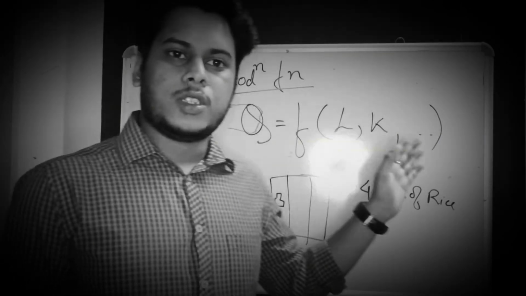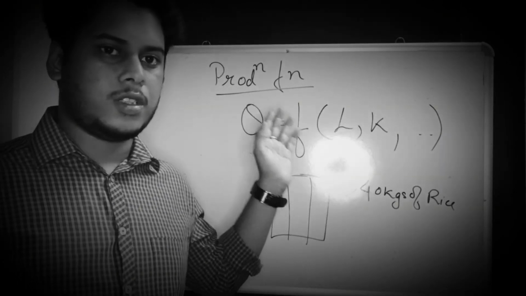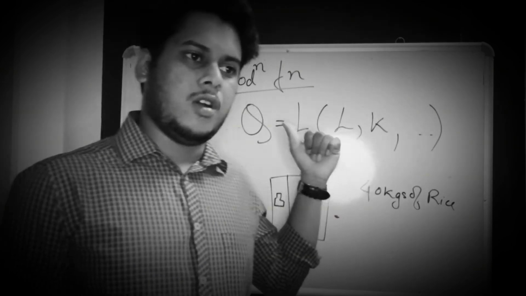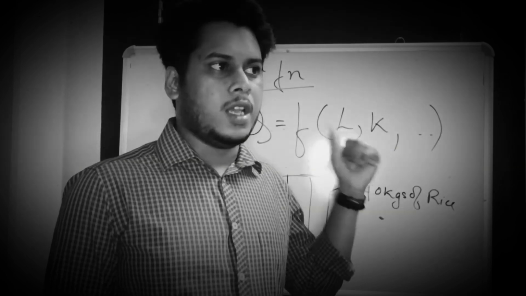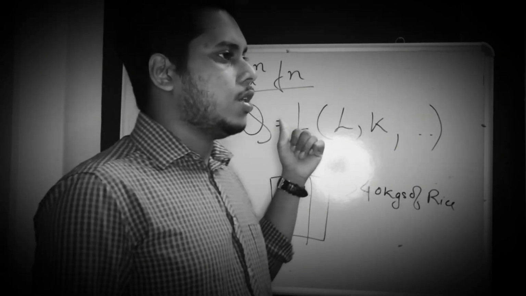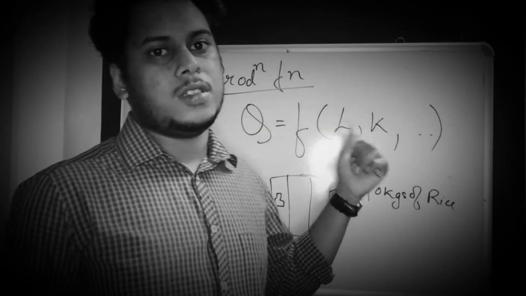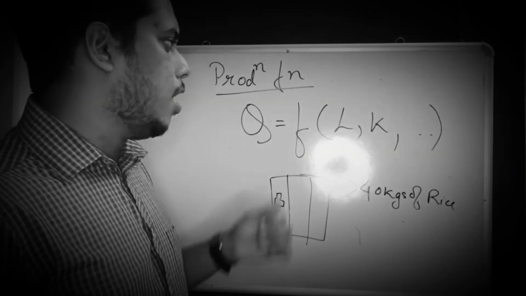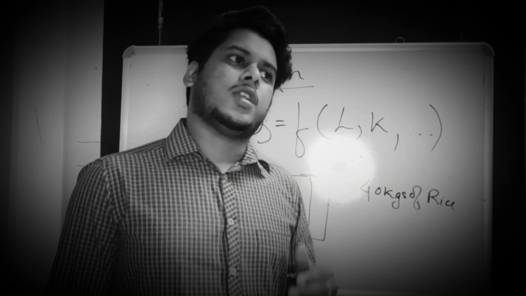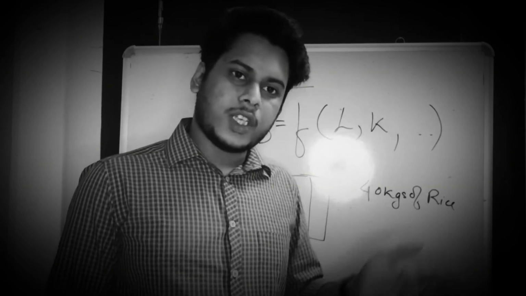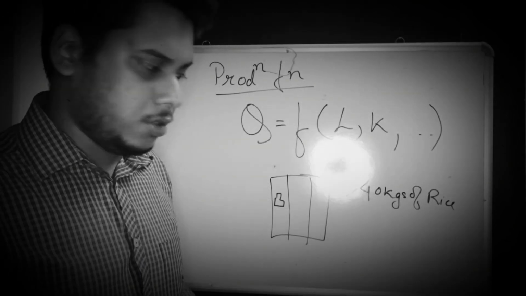Production function is a relationship between the quantity of output produced and the quantity of input used, and it also shows on what factors this quantity depends and how it is dependent upon the state of technology. If the state of technology changes, the relationship will also change. Okay,